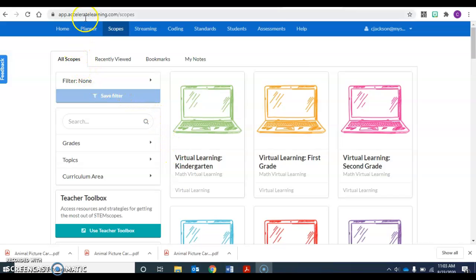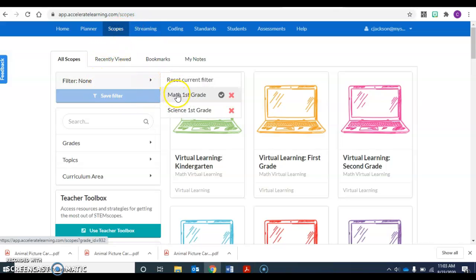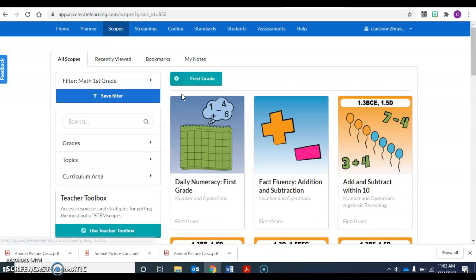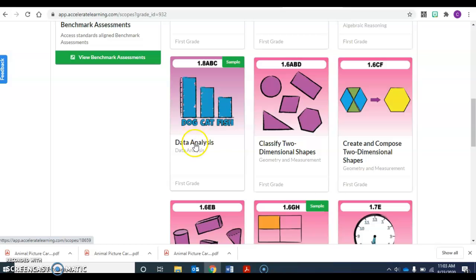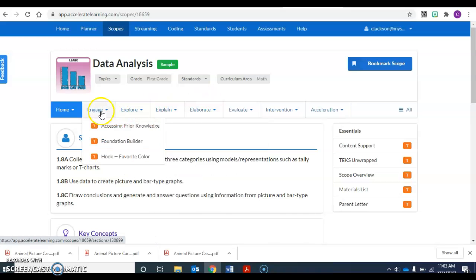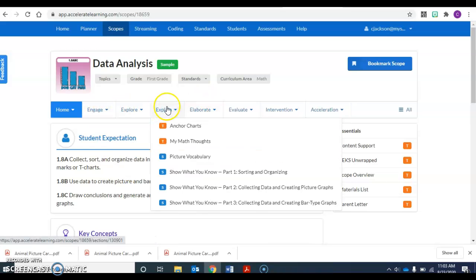Alright, so I logged on to StemScopes and clicked on math, and at the top I went to scopes here, and then I did my filter for first grade math, and then I scrolled down and found this data analysis and clicked on it, and then underneath explain